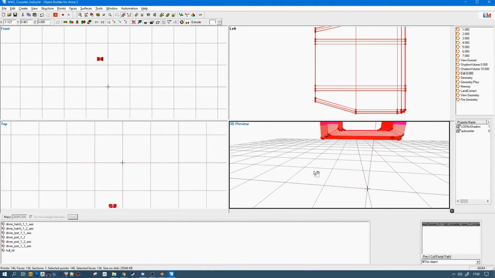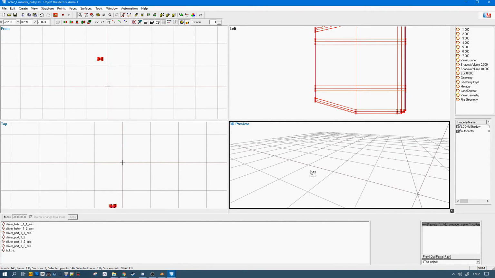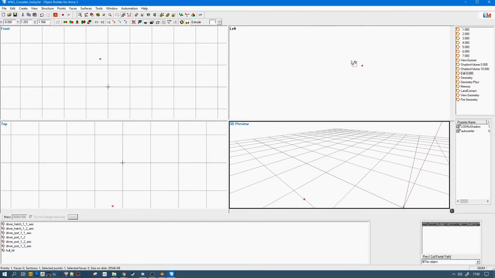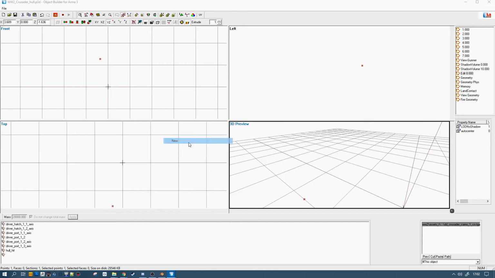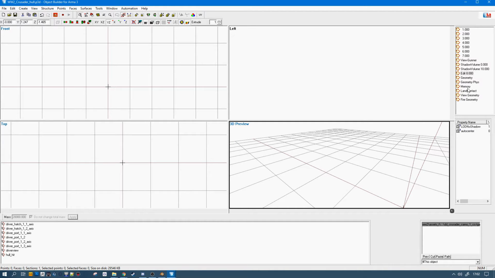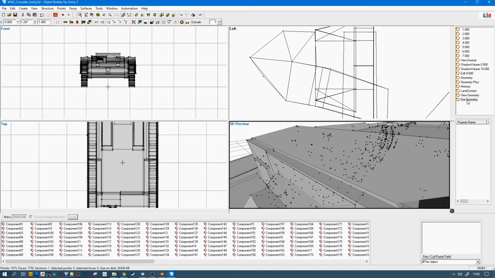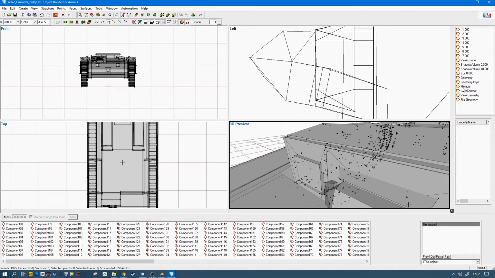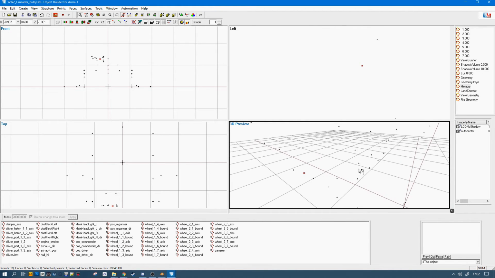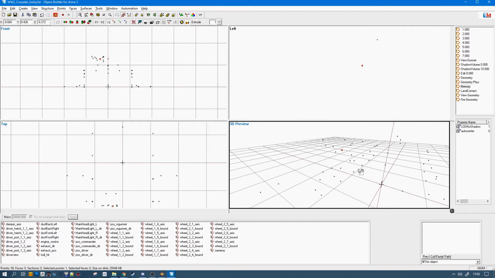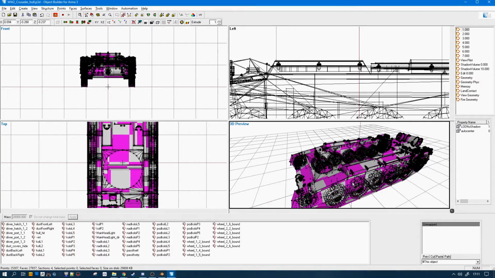And with the name selection, the memory point I just created here, I'm going to name it driver view. It's going to tell the game where your view is going to be set when you press the right click button as driver. You have the same for gunner, commander, and so on. You just have to define them in configs.